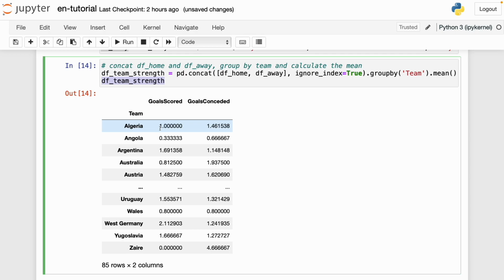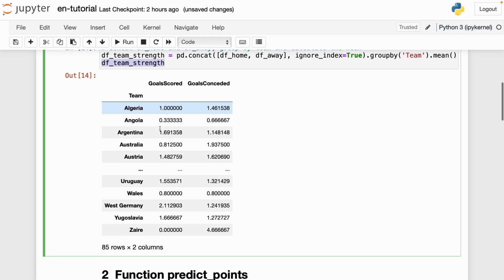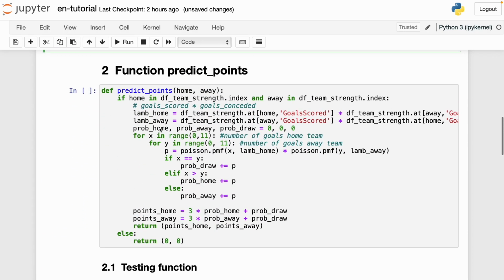And after one team wins a match, that team gets 3 points. If the match ends in a draw or a tie, each team gets 1 point, and if the team loses, the team gets 0 points. So we're gonna create a function that gives some points to each team based on these goals scored and goals conceded. So we're gonna do this here, and actually I already have the function